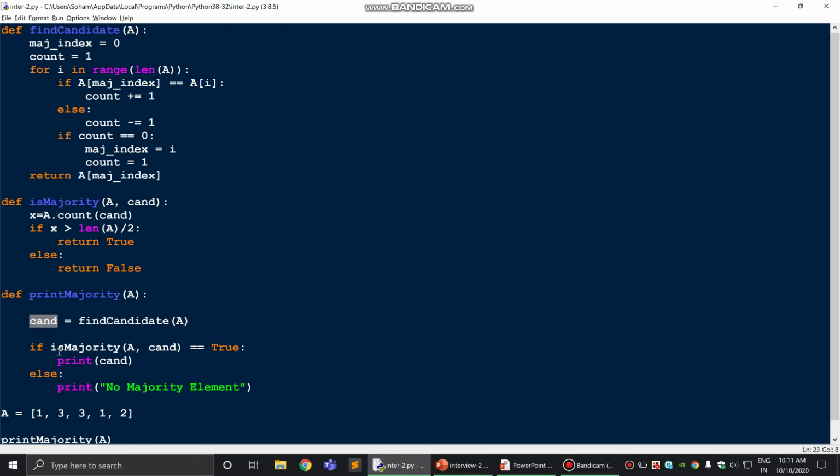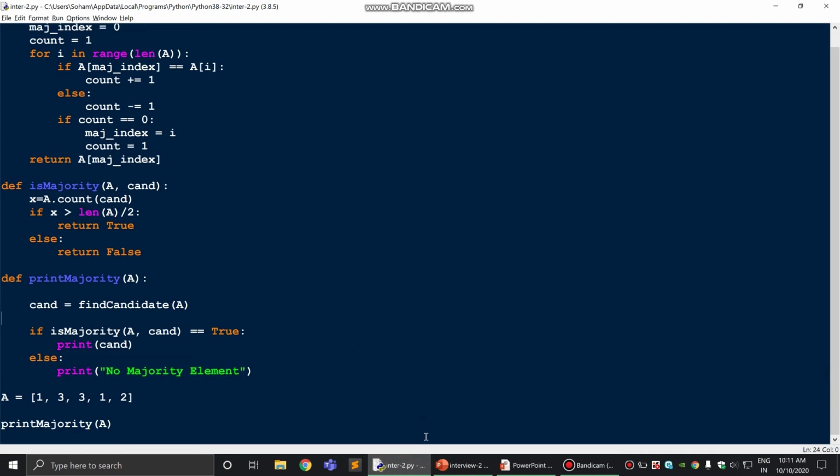Then we'll put this candidate inside is majority. So this function will call the is majority function, and if it returns true, then the print function will print the candidate. If it returns false, then it will print no majority element. So this was the problem.